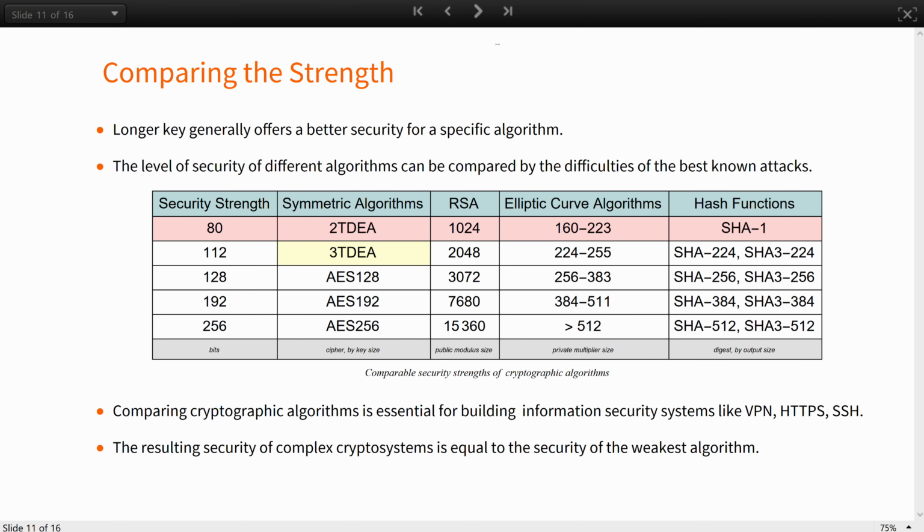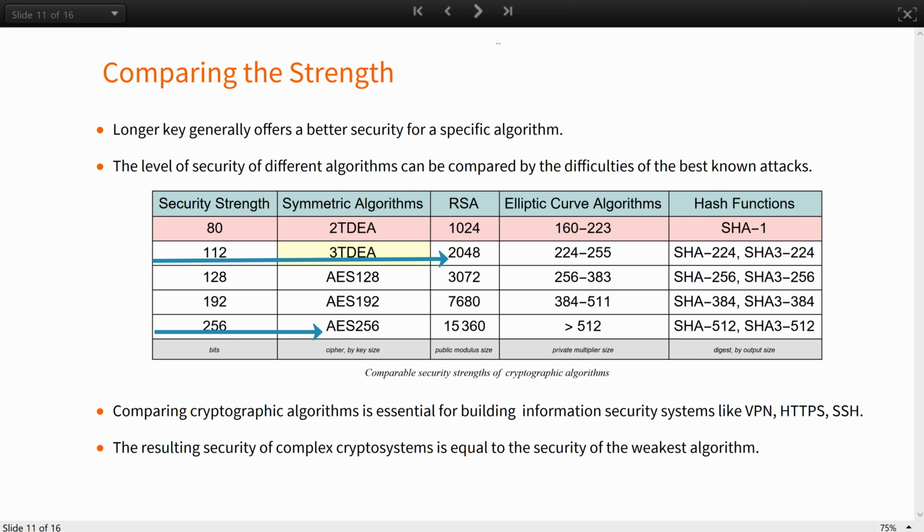A longer key generally offers a better security level within a specific encryption scheme. However, the key size is not a good metric for comparison of two different encryption schemes, because each cipher has its own characteristics and methods of attack. A symmetric RSA using a 2048-bit key does not mean it is 10 times more secure than symmetric AES with a